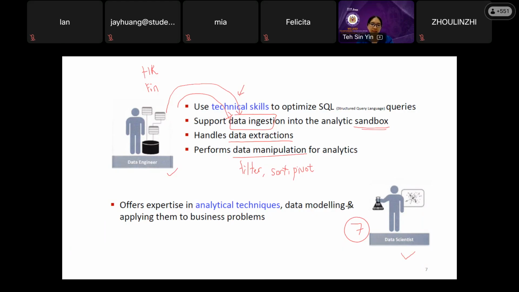So data scientists will be the ones that build the machine learning algorithm. Later on, you will learn how to use Python, P-Y-T-H-O-N, to build the machine learning model. So these data scientists are the ones that very frequently use programming to build the machine learning model.